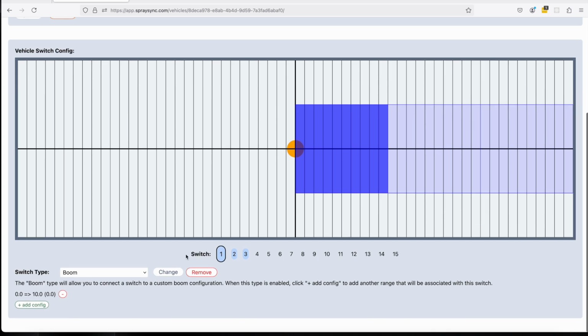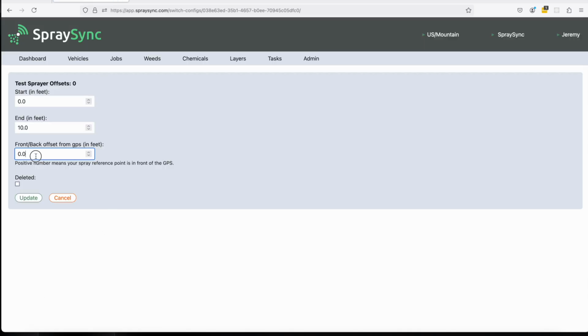So in addition to left and right, probably something that's more common is that your boom sections are set off to the back. So your GPS is up in the middle of the cab, but your boom sections maybe are off the back of your vehicle. So in that case, if I go into this first one and I set this, we actually have a